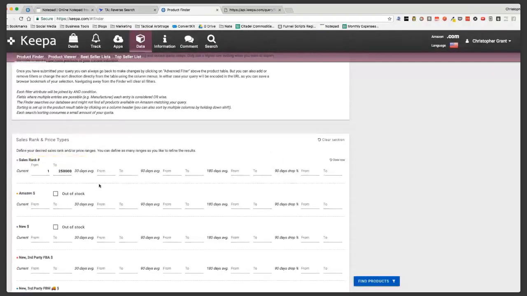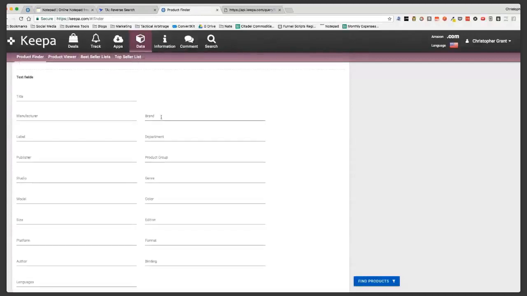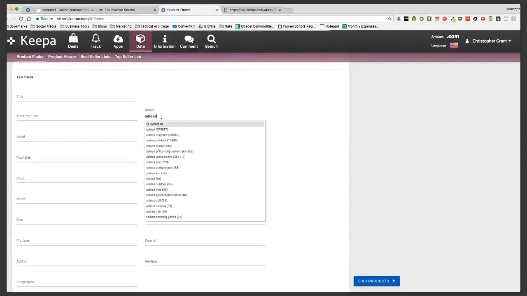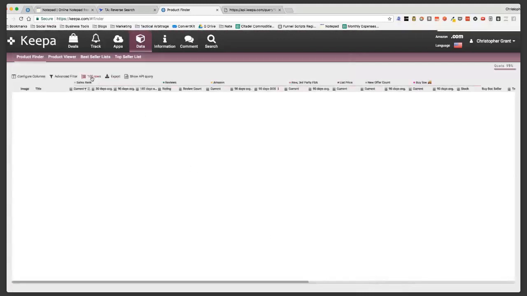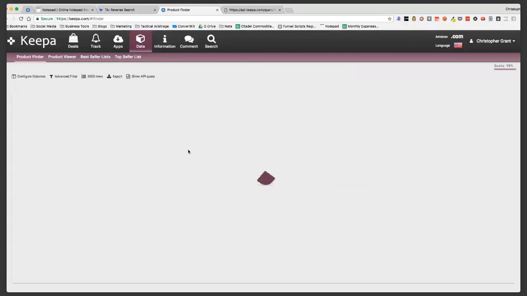250,000, and we just pull the Adidas brand and the Adidas Originals. We're going to find all these products. I'm going to roll this out to 5,000. Looks like we're actually going to hit the 5,000 limit here.